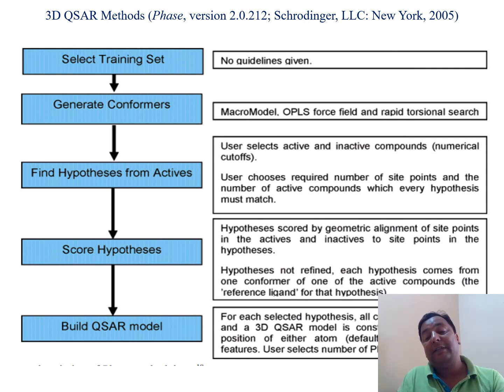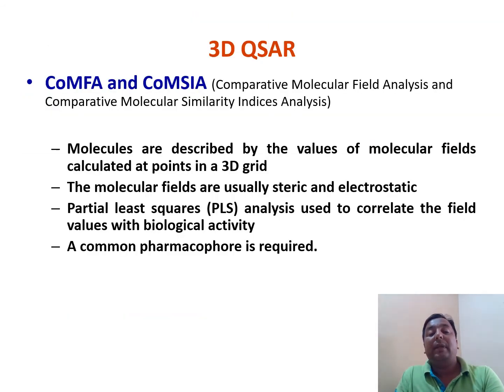If any cancerous drugs which are there in markets are not having any of the features, those drugs may not have the drug likeness properties for becoming anti-cancerous drugs. So there are two programs for analyzing these types of work. One is COMFA and the other is COMSIA, right? COMFA is based on comparative molecular field analysis, and COMSIA is the comparative molecular similarity indices analysis.